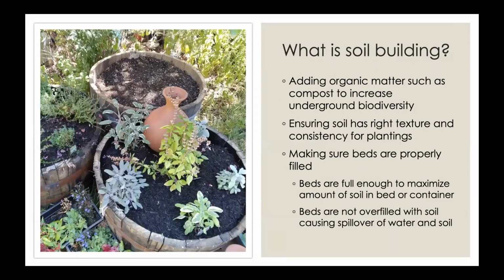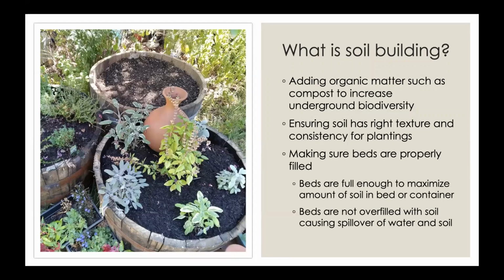So what do we mean by soil building? Well, it's a series of steps to make your soil ready for planting. The first step is to add organic matter, such as compost, to make sure there's biodiversity in the soil. And those are all those microorganisms I just talked about. Then we want to make sure that the soil has the right texture and also the right water holding capacity for the plants that we want to grow. For instance, sandy soil drains water much faster than clay soil. So you want a combination of those different types of materials, sand, silt, and clay, to get the right water